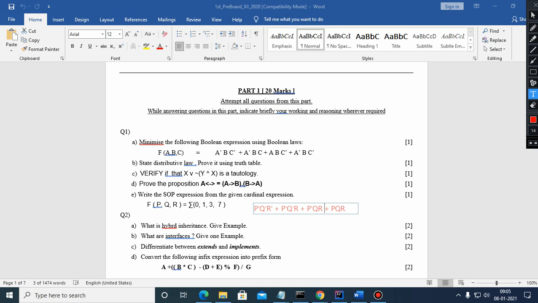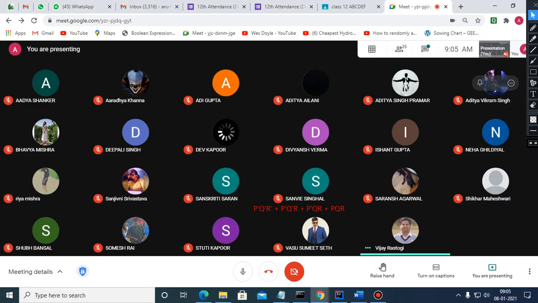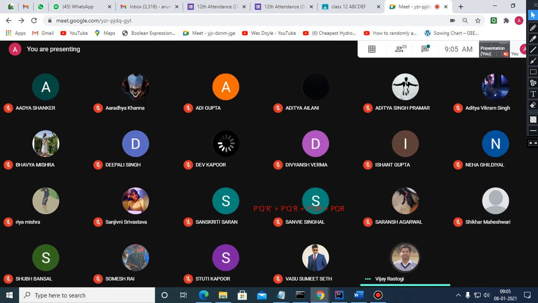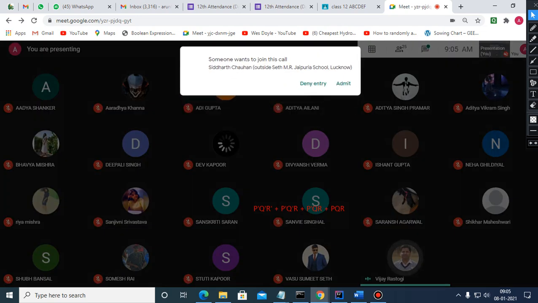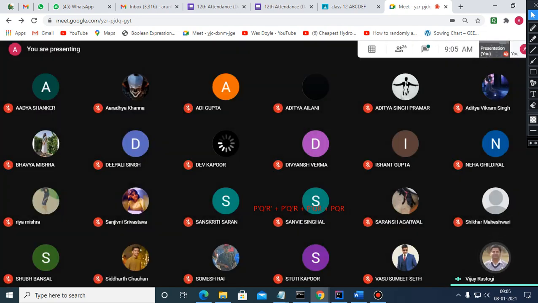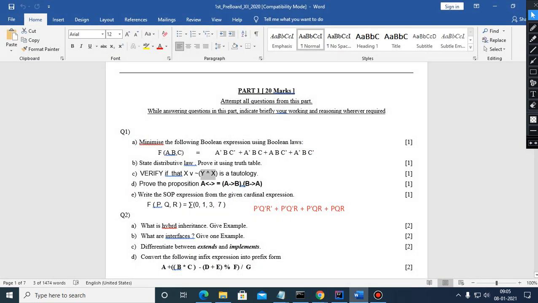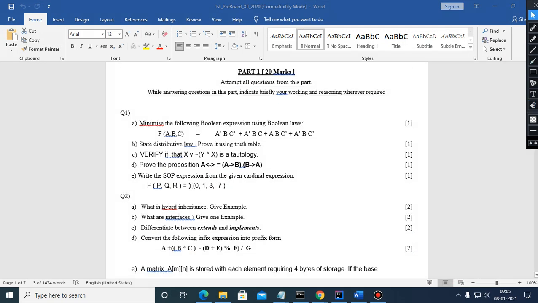Those who are trying to minimize this by filling these min-terms in a K-map, I have given a straight away 0. There is no need to minimize; you are only supposed to write. The K-map is not required. Even if you know it, sorry, I have not given marks.